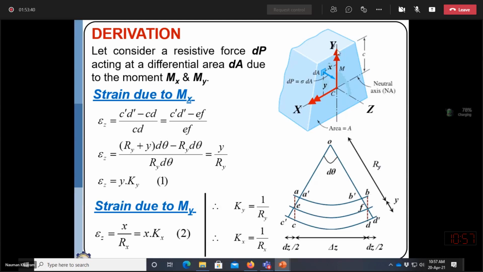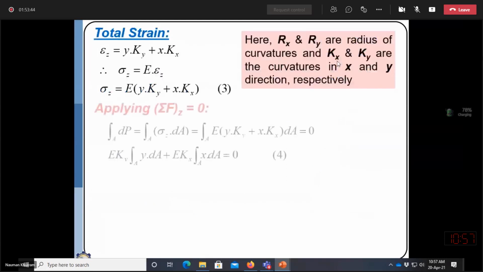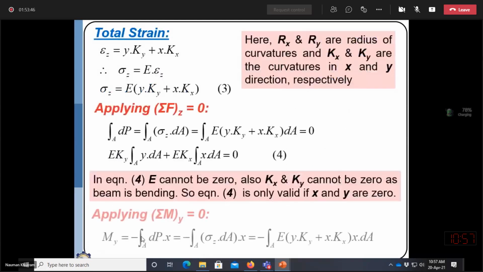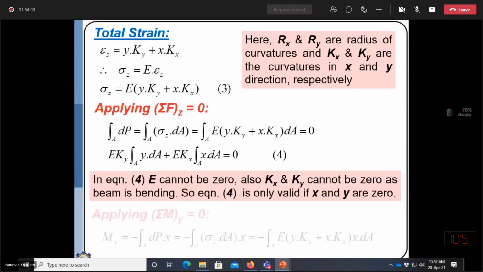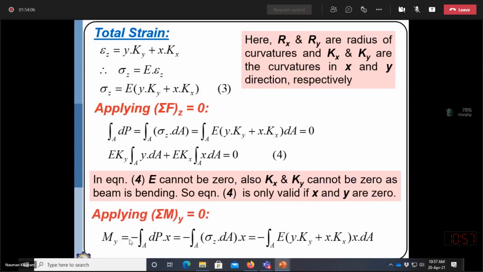this applied moment which is acting about y-axis. So we are having one applied moment which is acting about y-axis. So we will have negative sign. Why negative sign? Because whenever a moment is positive, then the curvature will be negative. As already discussed, negative sign indicates that moment and stress components' signs are opposite.